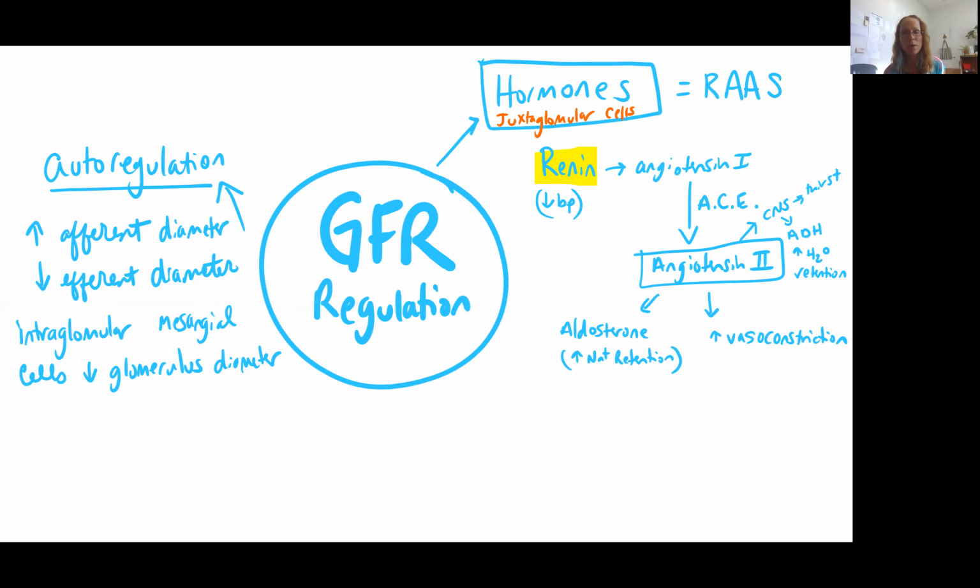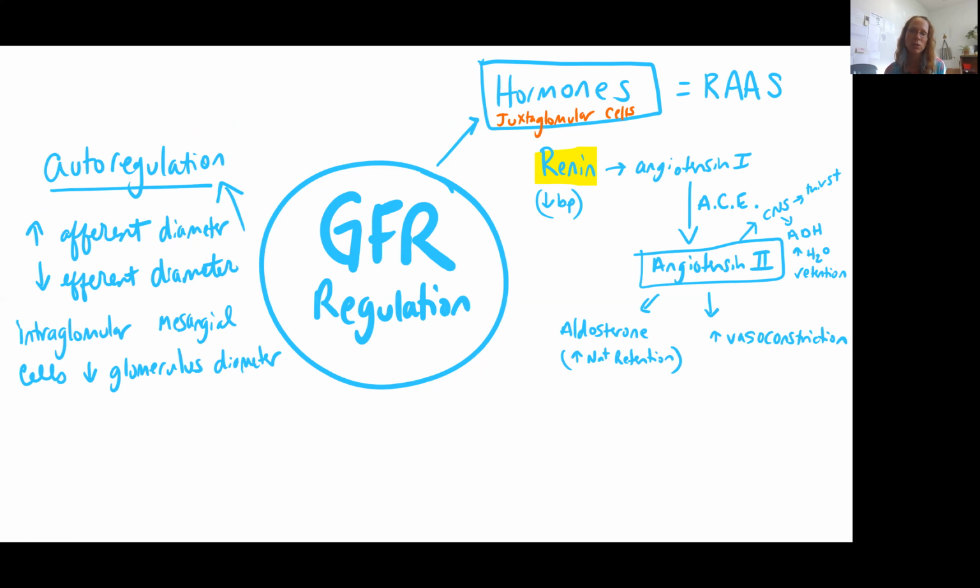We also have hormones that are being produced by those juxtaglomerular cells. We're going to see here again the RAS, the renin, angiotensin 1, angiotensin 2 system. We've talked about this before, but we see it at play here specifically. Juxtaglomerular cells will produce renin when blood pressure is low. This is going to activate, we could say, angiotensin 1, which can be converted in the presence of the enzyme angiotensin converting enzyme, or ACE,